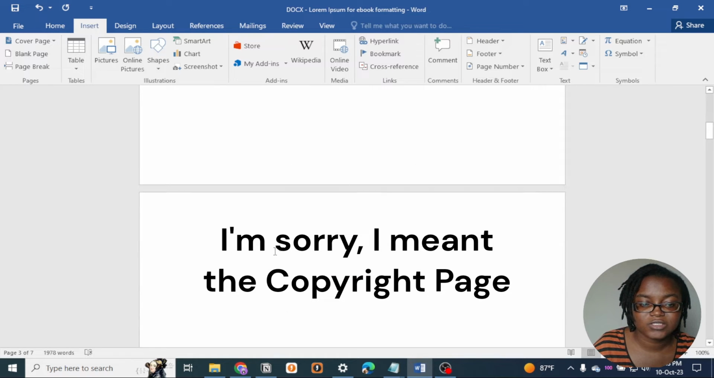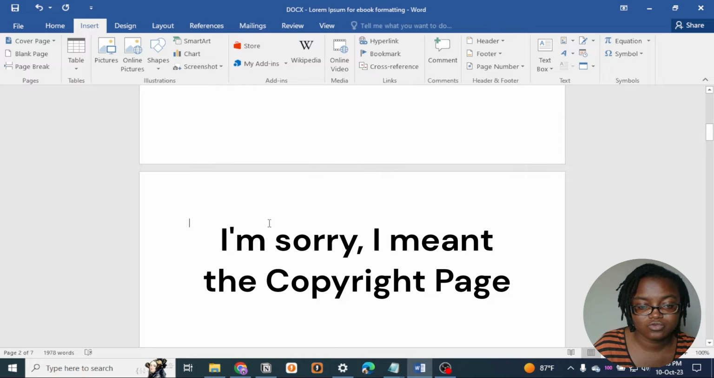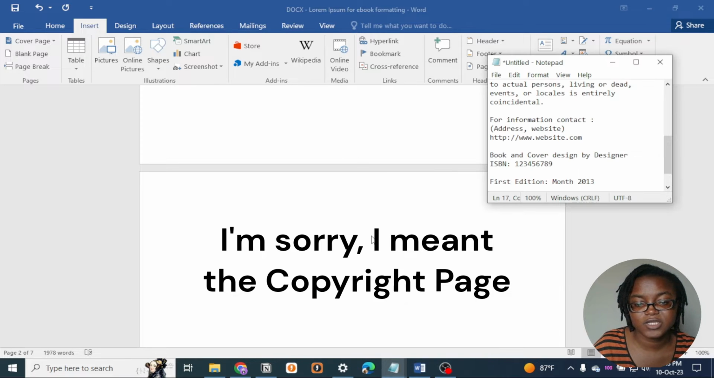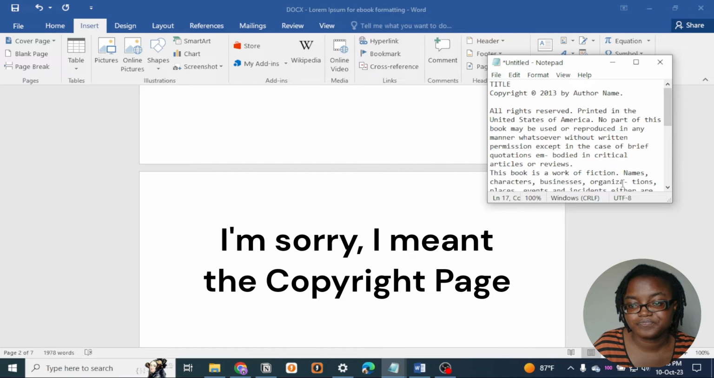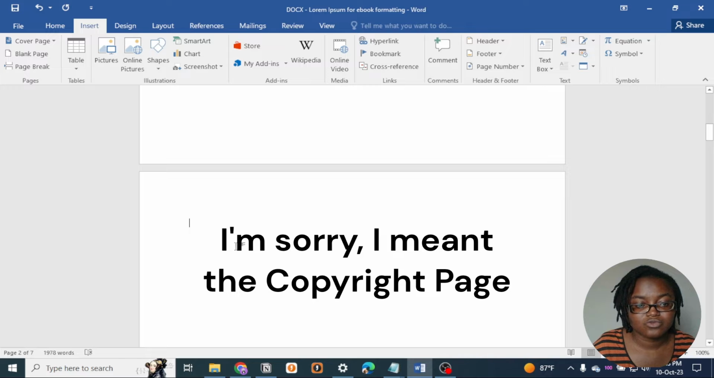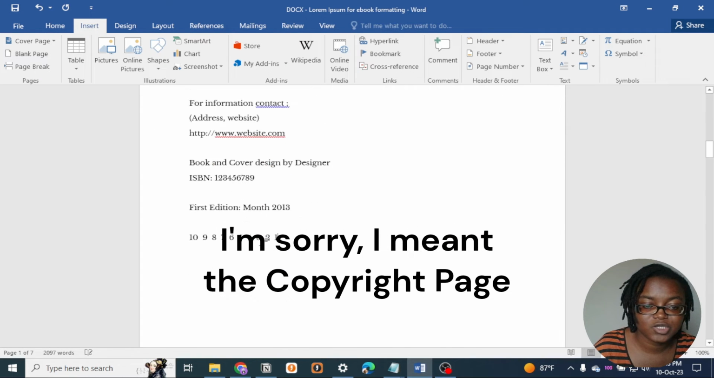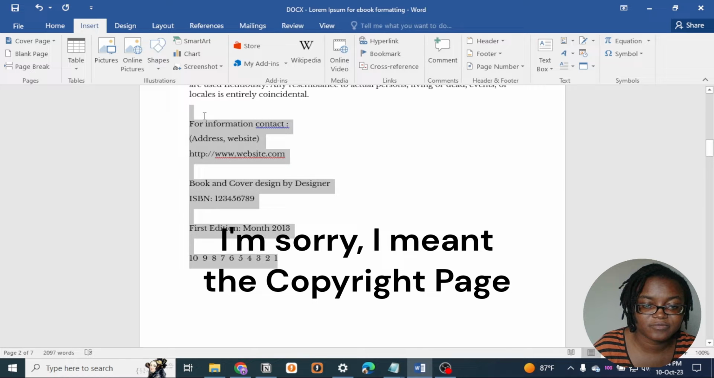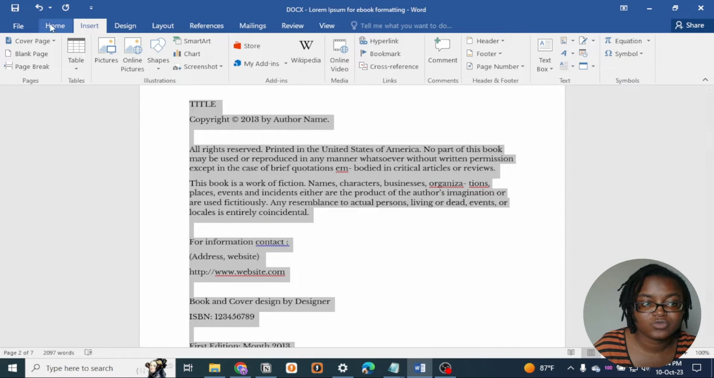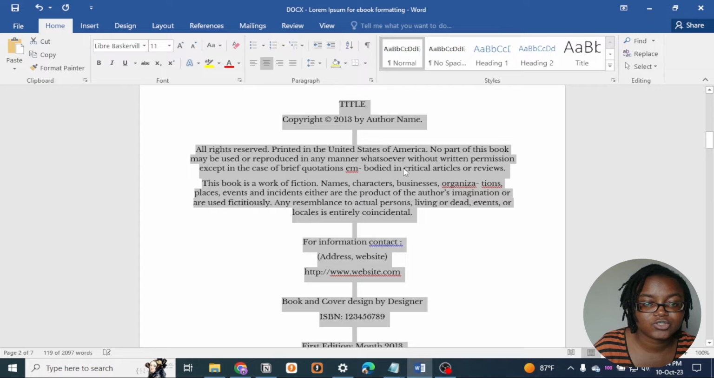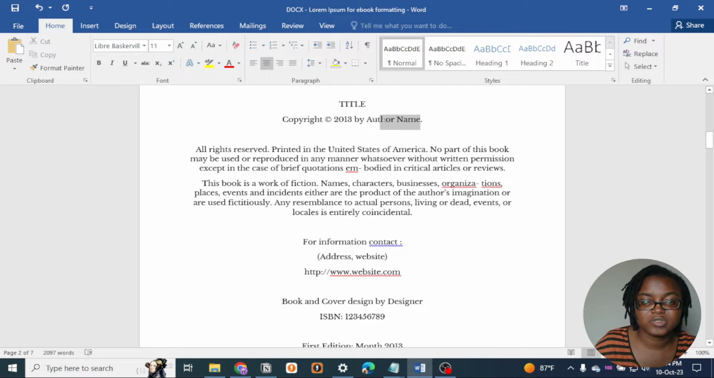Here's where we're going to add the title page. This is my title page text that I have already prepared. So for the title page, we're going to add this like this. Okay, so this is how the title page text looks. Now we're going to do something like centralize. So this would be by